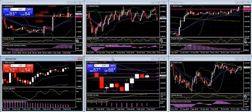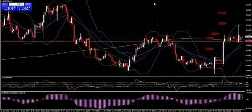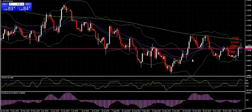So I'm going to give you a quick example of some of the trades as they set up this week. I'm going to look at the euro dollar here. You see some price tags. I'll walk you through some of these trades. And before I go on, I want to share a testimonial from a brand new coaching student that's going through